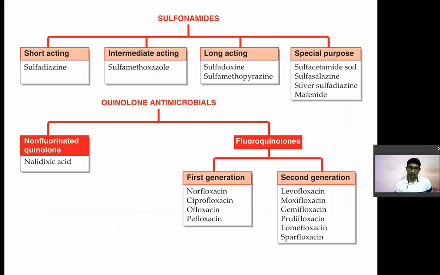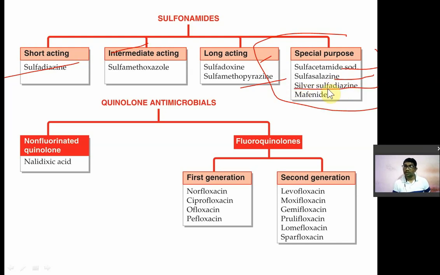You can see the short classification of sulfa drugs. Short acting is sulfadiazine. Intermediate acting is sulfamethoxazole. Long acting are sulfadoxine and sulfamethoxypyrazine. Sulfacetamide sodium is known as an ocular antibiotic. Sulfasalazine is used for GIT infection and ulcerative colitis. Silver sulfadiazine is used for burn therapy and prophylaxis of burn infection. Mafenide is used along with other combinations for treatment of malaria and